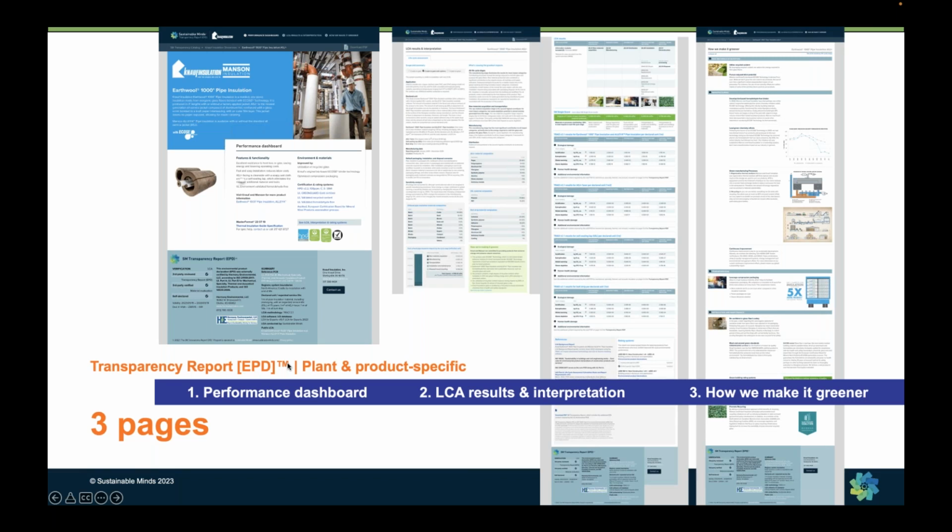Transparency reports can be plant and product specific. They can report multiple plants. Each plant will get its own tab. We've done industry average transparency reports. We've done optimized transparency reports, which works great because here right on this page, we embed the rationale and the data about how improvements were made and what the percentage performance improvement was relative to an industry average or the